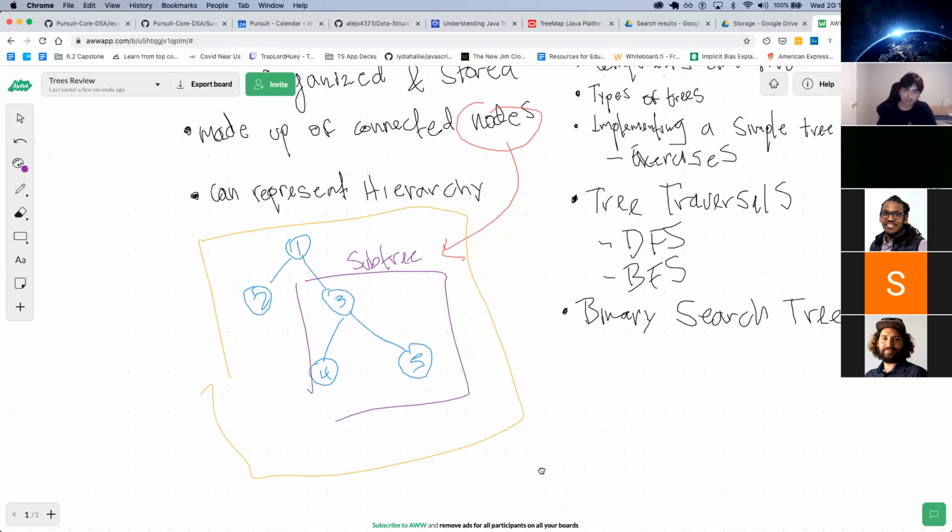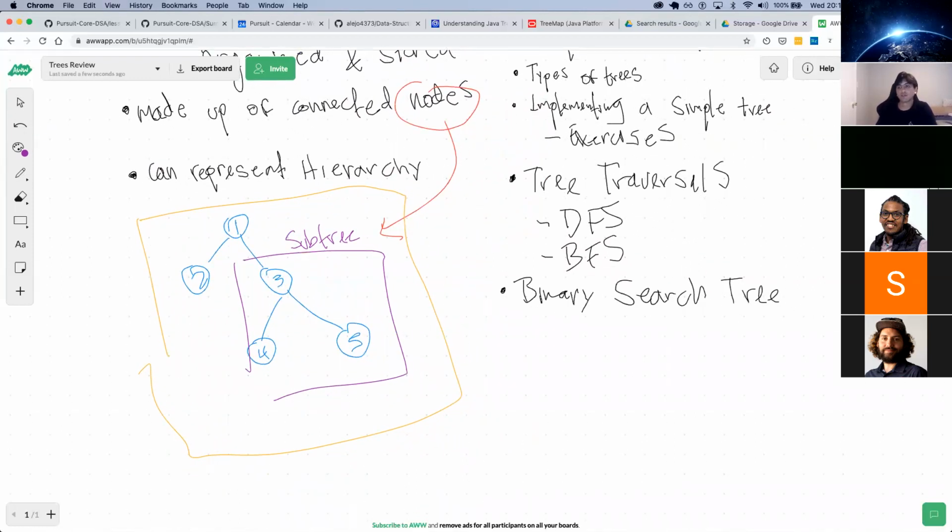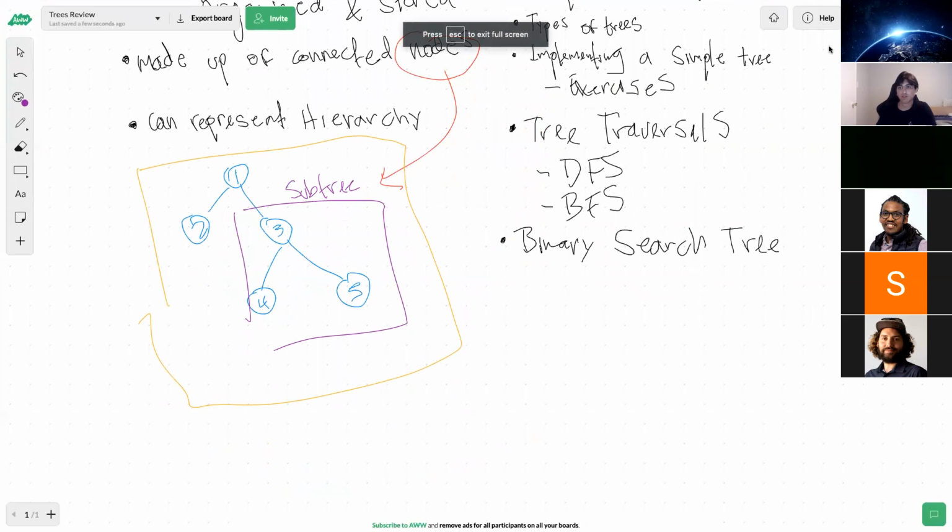And how is it that we can represent, let me make this smaller. Also, let me go full screen on this. So if we want to have a node, how do we create a node, and what are the properties of a node?